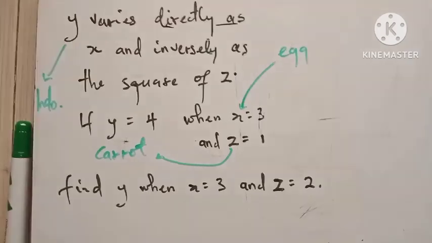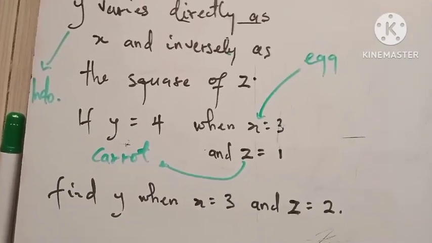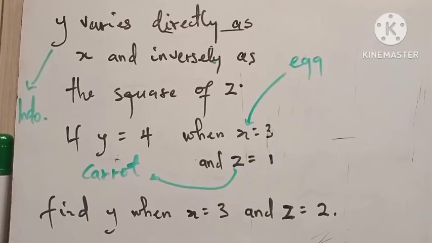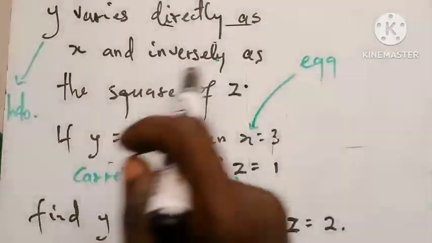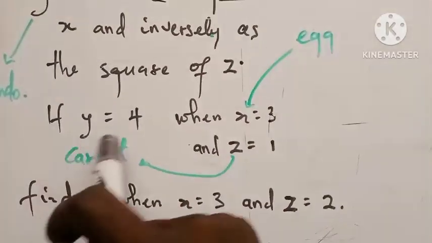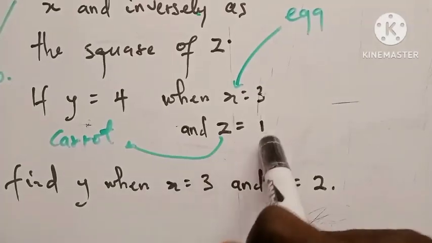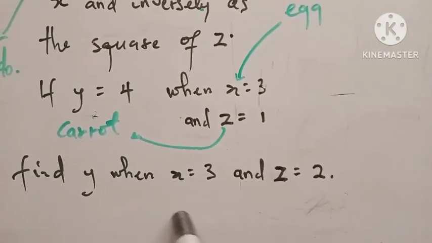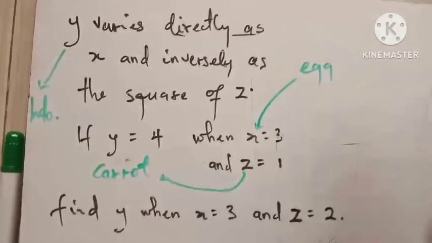The question we are having today is under variation. From the first part of the question, you've seen that, given y varies directly as x and inversely as the square of z, if y is equal to 4 when x is equal to 3 and z is equal to 1, find the value of y when x is equal to 3 and z is